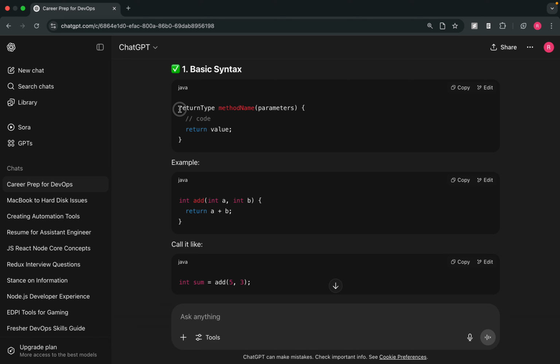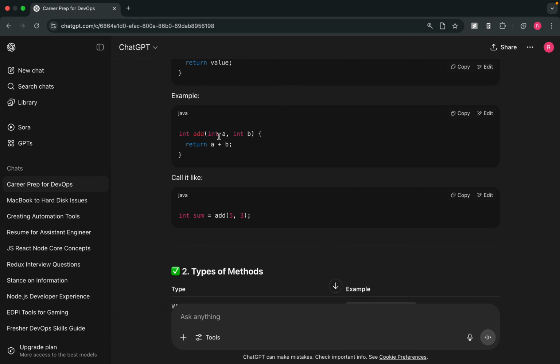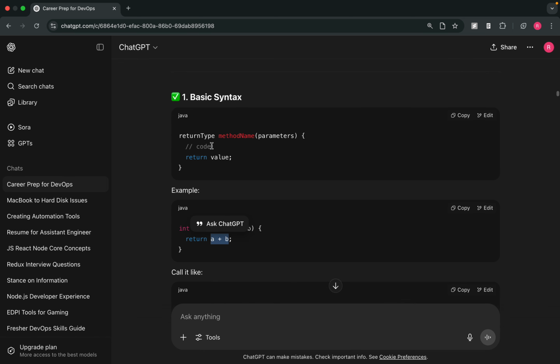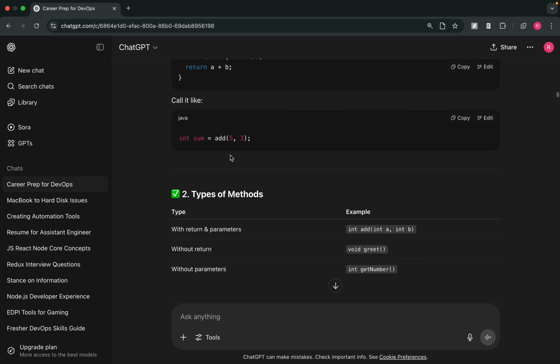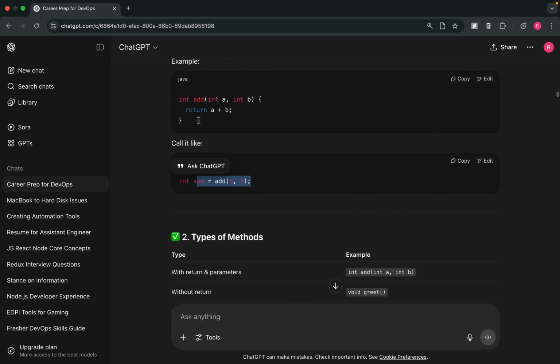What is the basic syntax? We write a return type, then the method or function name, and then we pass the parameters that we have, and then we return a specific value after the execution of that method. So we can say int add(int a, int b): a and b are parameters, add is the method name, int is the return type, and this is the return, returning a value. And that's how we call this function. Since we have made this method with the name add, we can call this method with add and